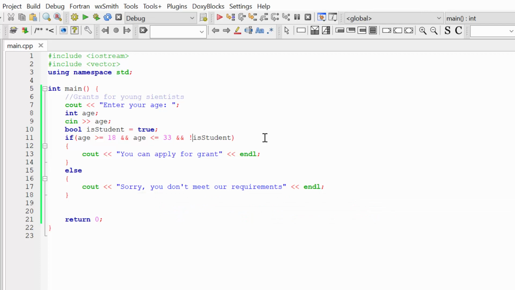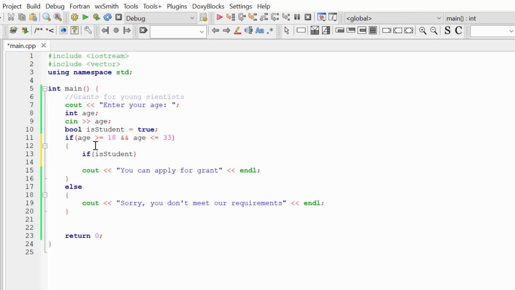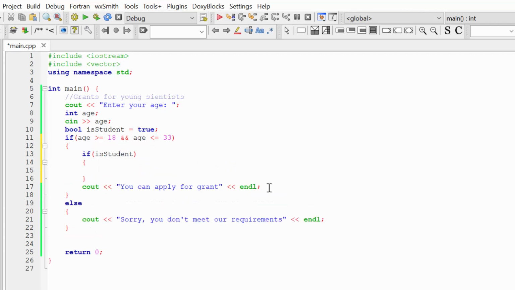Okay, but let's now go even further. I want to have a different outcome for the case when he or she is student and for the case when he or she is not. So inside my if statement, I'm going to create a different if-else statement.